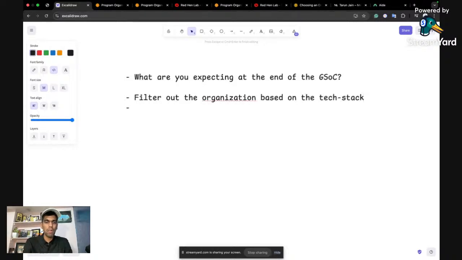And once you filter them out, check out the idea list of multiple organizations. So this way you will have the idea of what projects that particular organization is looking for.